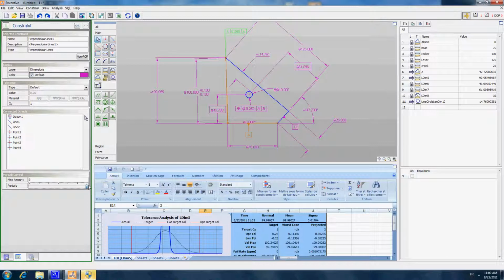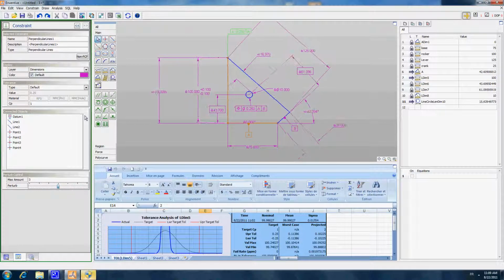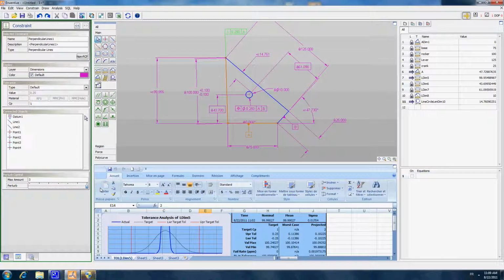It would take several hours and maybe several days. Here in Inventive, the benefit is that we are able to model this type of complex tolerancing schemes in a very short time, and in a way that is very intuitive and very easy to understand for designers and engineers.